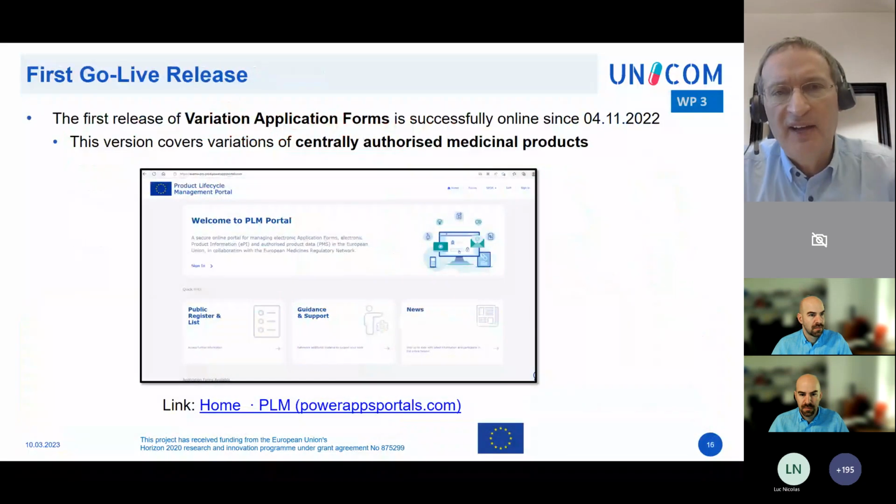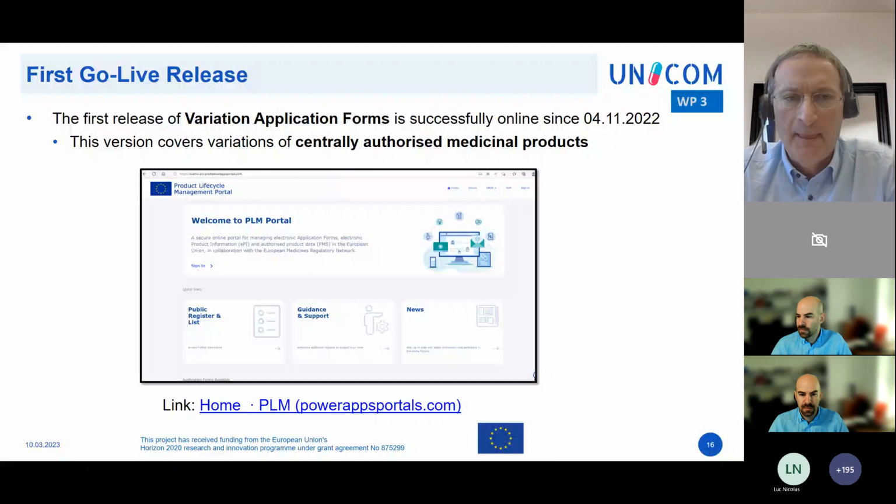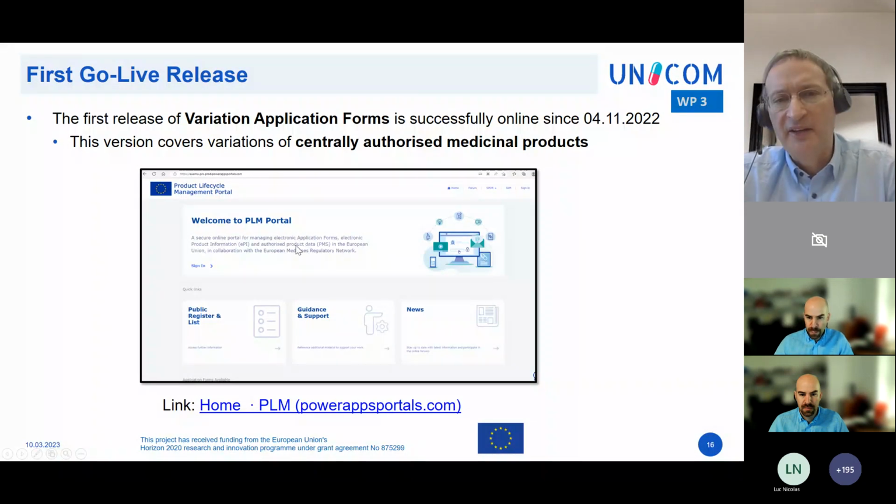So we have the first go-live release, as I said, last year in November 2022, and this covers variations of centrally authorized medicinal products. I inserted the link, so if you're interested, you can open the so-called PLM portal, the Product Lifecycle Management Portal. Half a year ago, this was named Daddy.